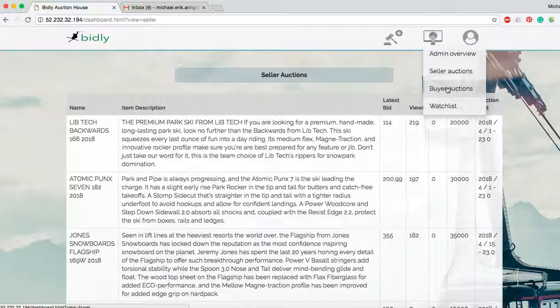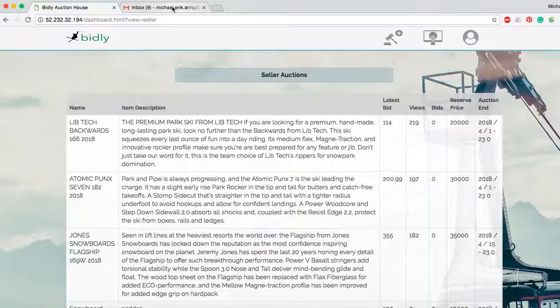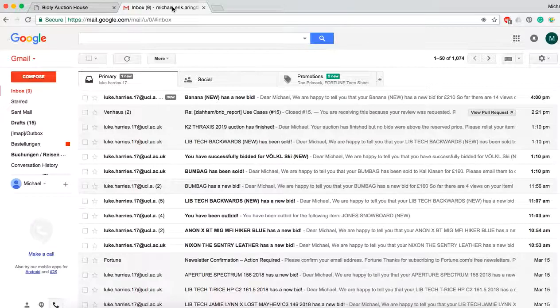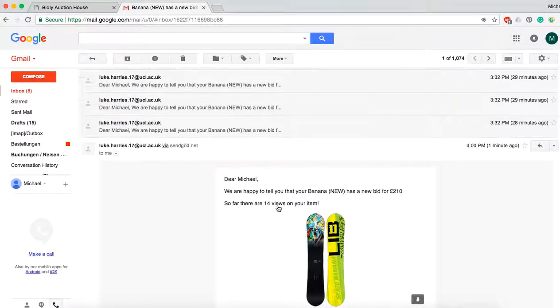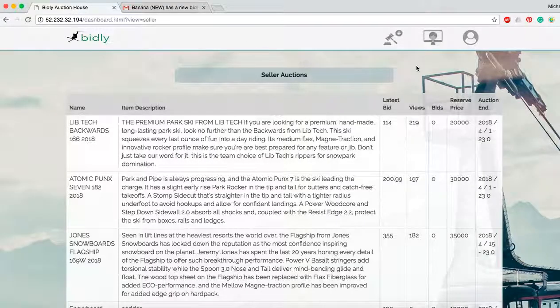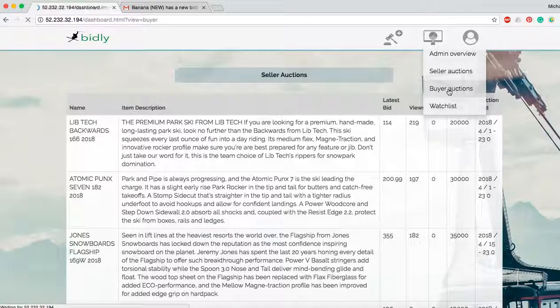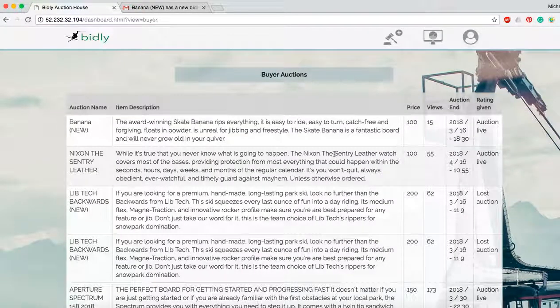Additionally, also for the seller, and that's very important, you will receive email updates in general. So that's true for all users. So for instance, here we see the bid that we just made on the banana board got sent to us via email. Now we also have implemented a buyer auctions website,